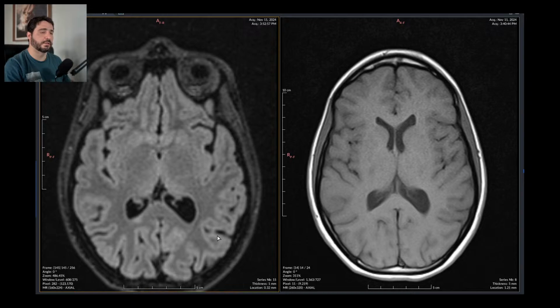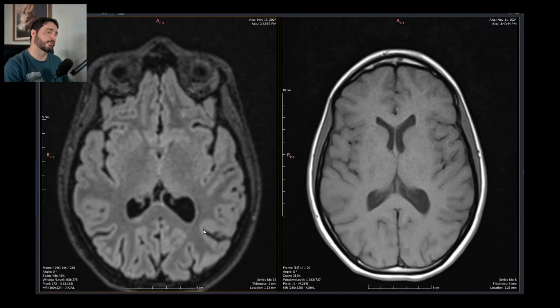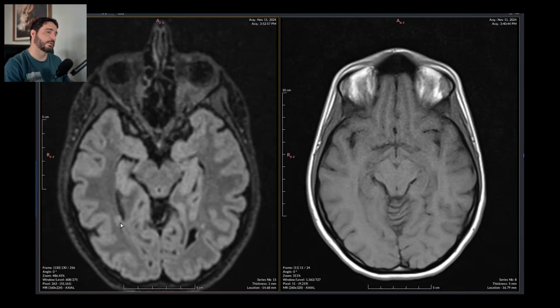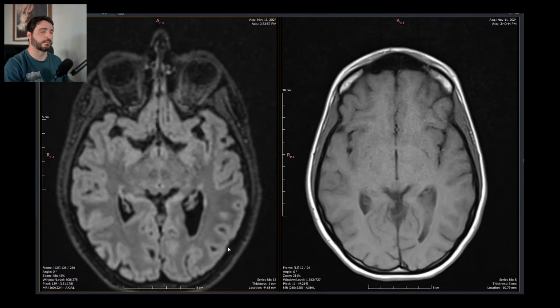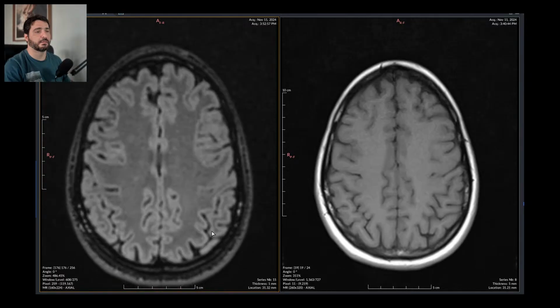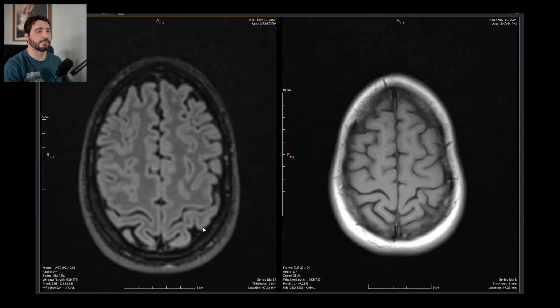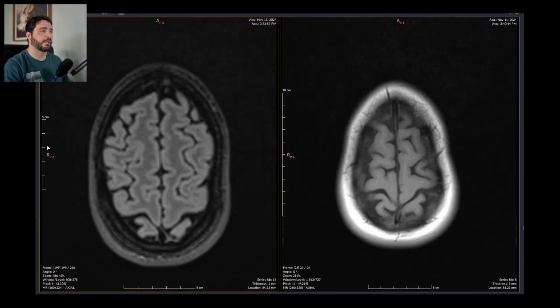This is on the splenium of the corpus callosum. Might be a small lesion right there, and maybe a tiny lesion right there, which is very hard to see on the regular FLAIR because they do this